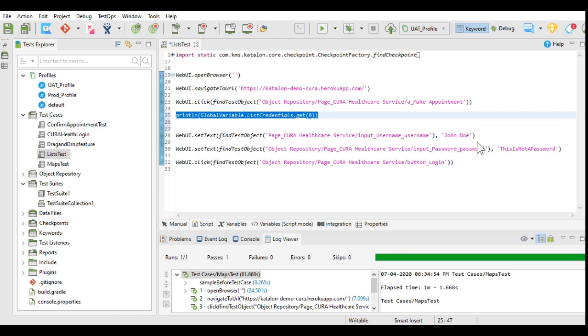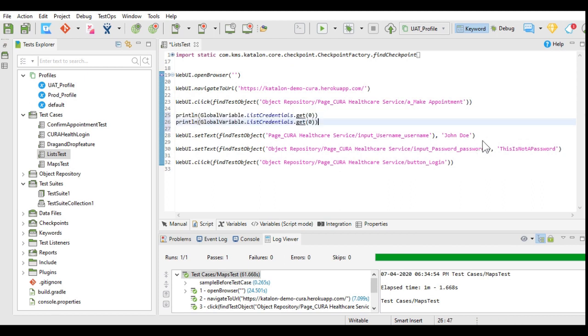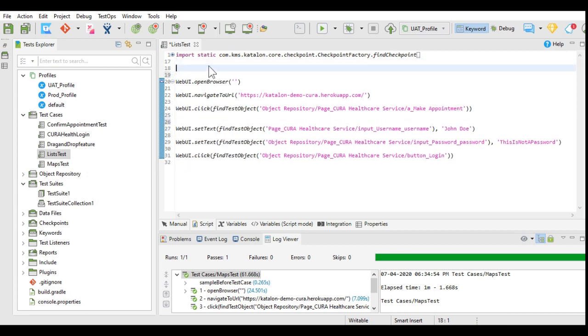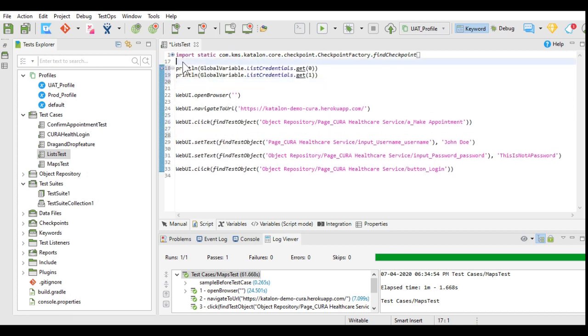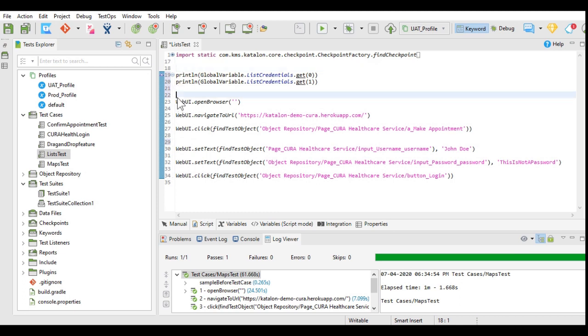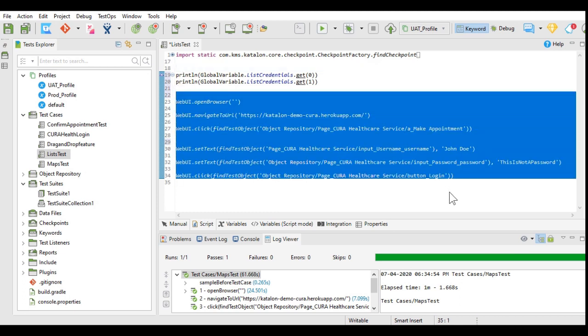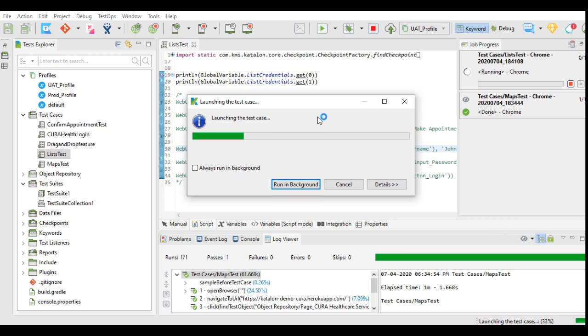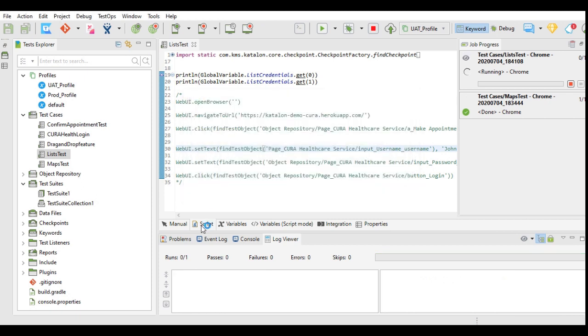The first value of the list starts with 0. So I will print 0 and then I will print 1. Let's print it before the browser opens, and for the time being I will comment this code. I'll save and we will execute this to check what value it prints for index 0 and for index 1.